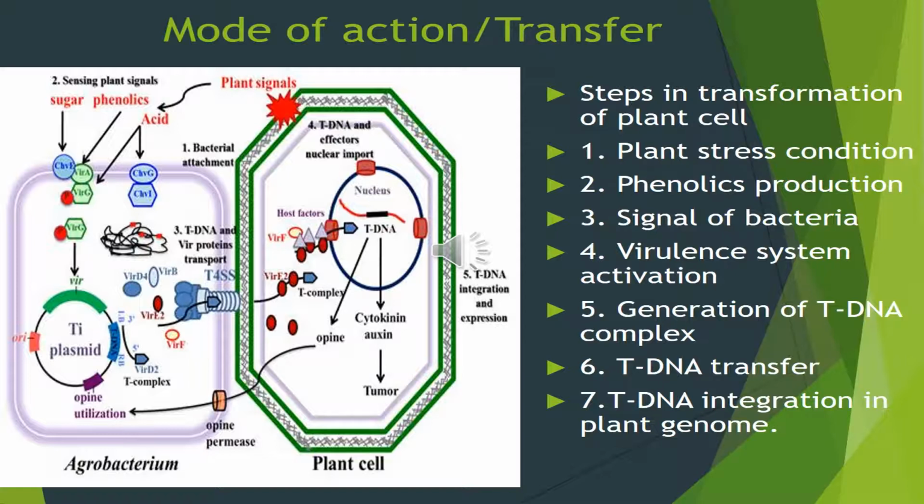The next function is done by VirD1 and VirD2 genes because they act as an endonuclease enzyme that helps in cutting out the T region, the tDNA region, from the Ti plasmid. Along with VirD1, VirD2 helps in the linearization of the tDNA in single stranded form. VirD2 has one more function: it prevents the attack of exonuclease at the 5' end of the tDNA, which has already been linearized and transformed into single stranded form.